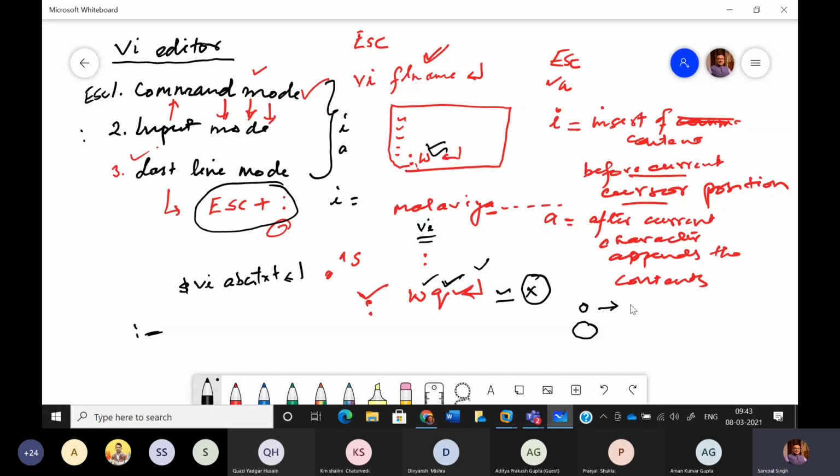So now this o is not an ordinary character, rather this will behave as a command. And what it is doing, it is opening a new line.